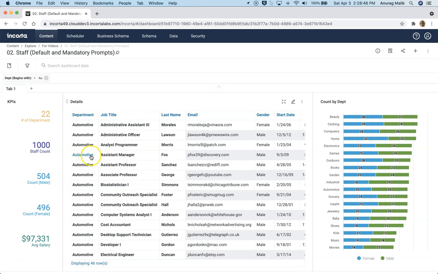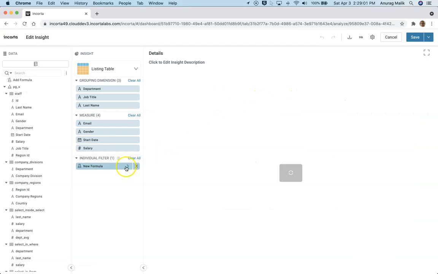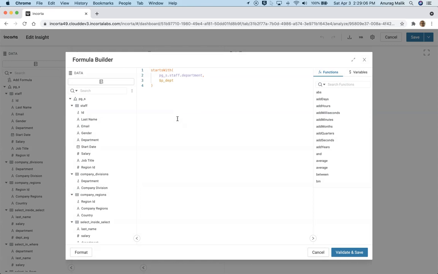Now, how do I ignore this? For example, I want to see all the departments. I don't want to apply this filter here. The way to handle this is you can pick a character or pick a string which can be ignored here, and just apply a filter like this,